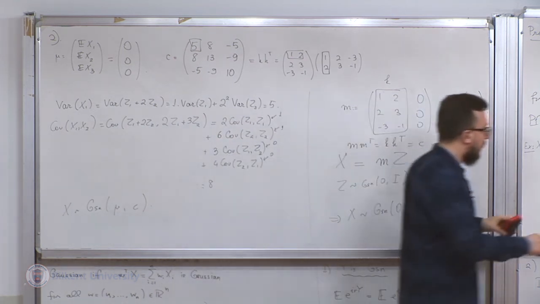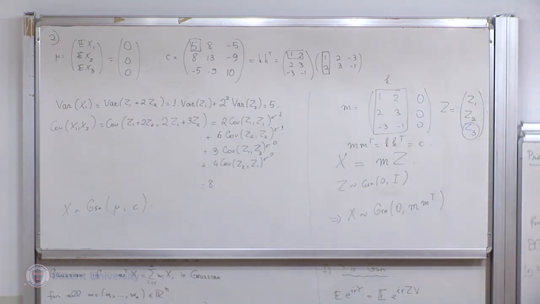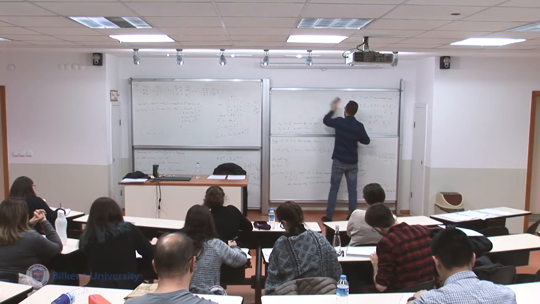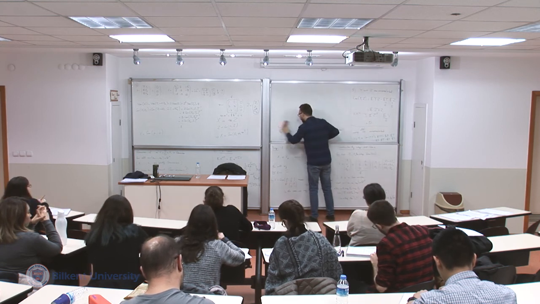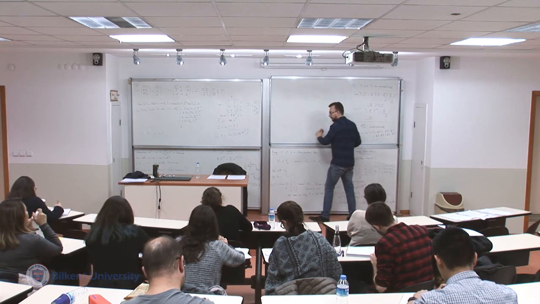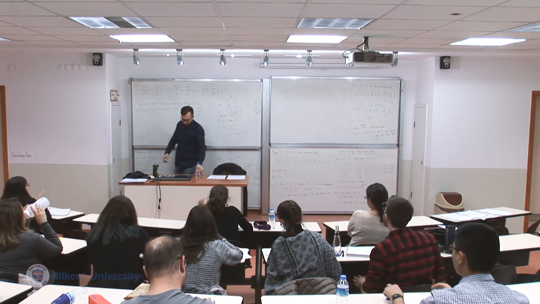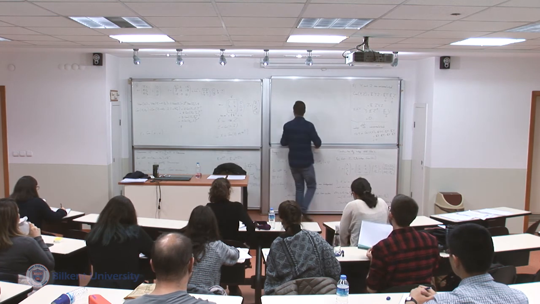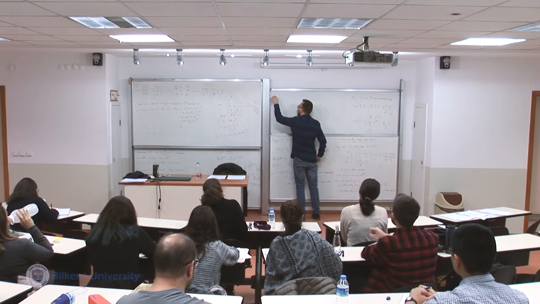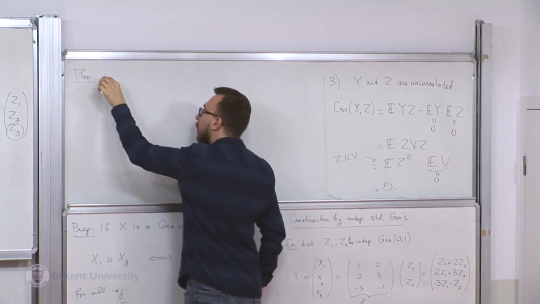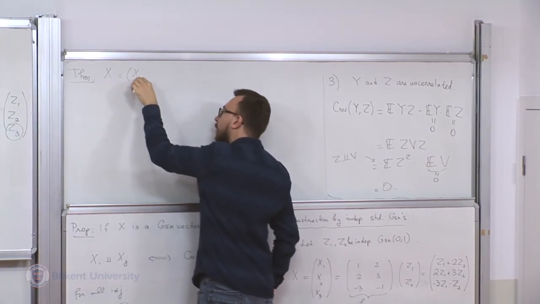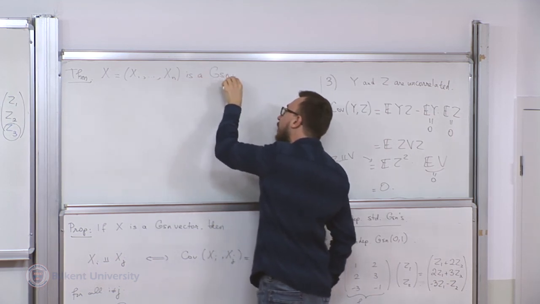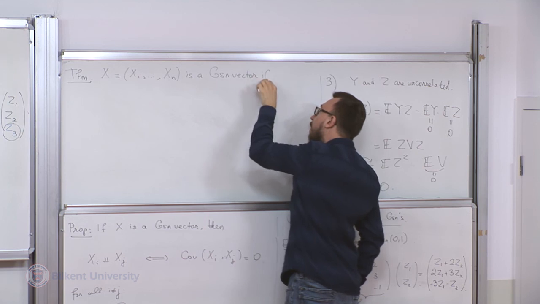So let me state a general result to finish this discussion on the construction of Gaussian vectors. So here's the result. X1 to Xn is a Gaussian vector if and only if